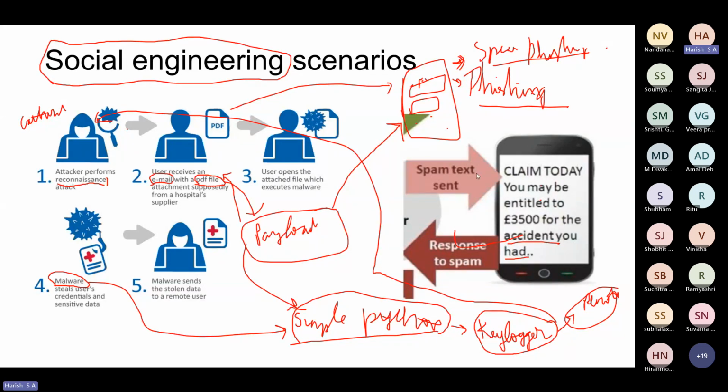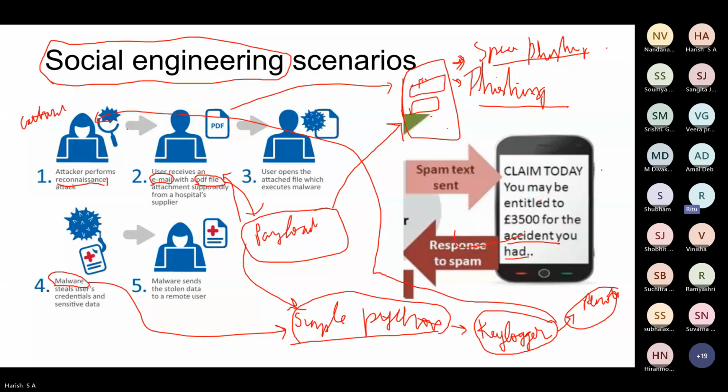Searching for loans. Initially one person is looking for a loan, but he stopped that search, and later on he starts getting text messages saying easy loan without interest or with less interest.